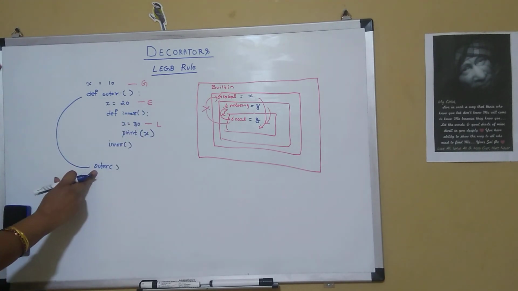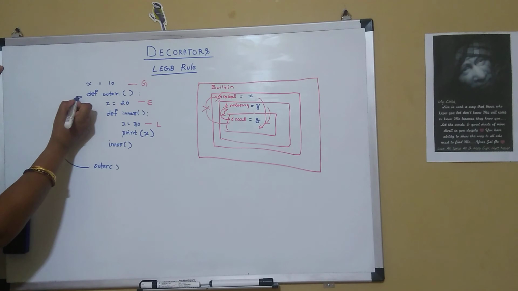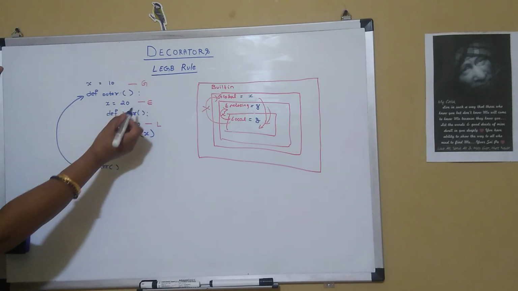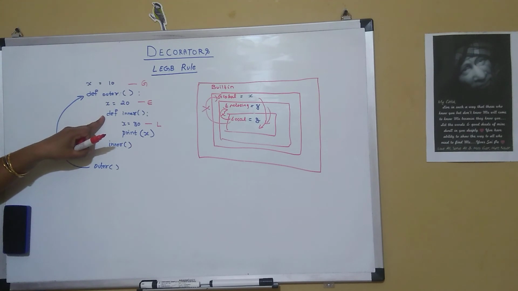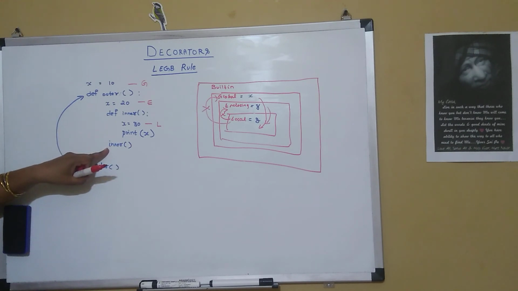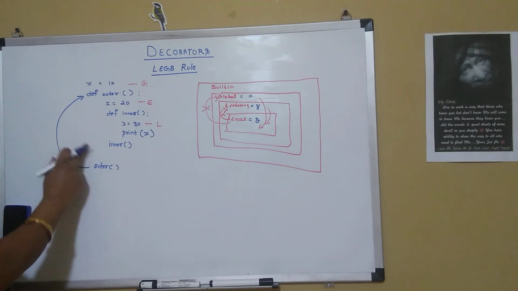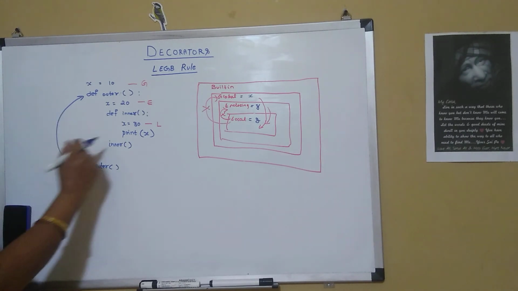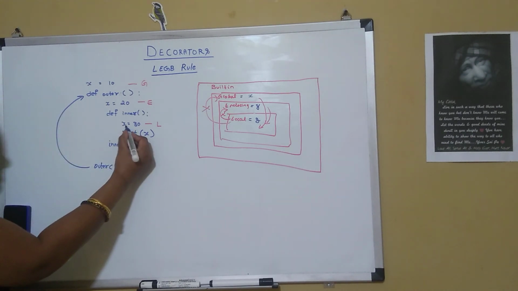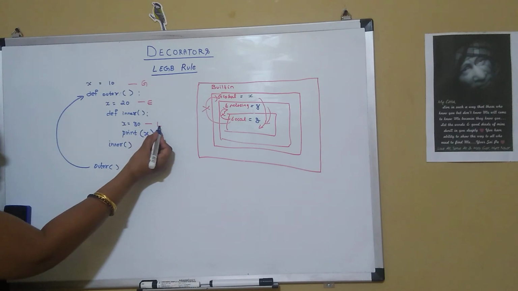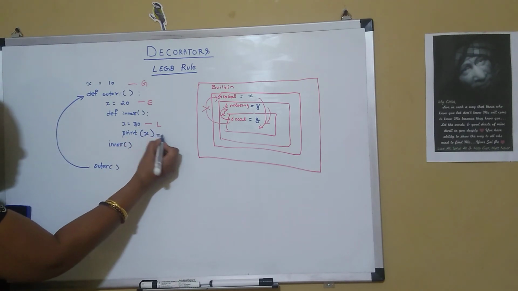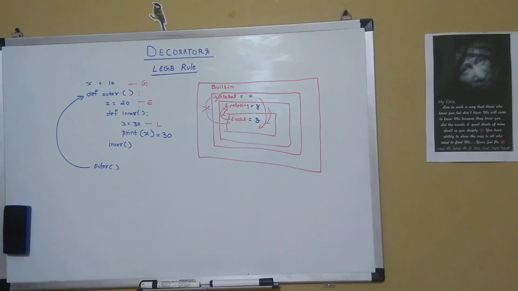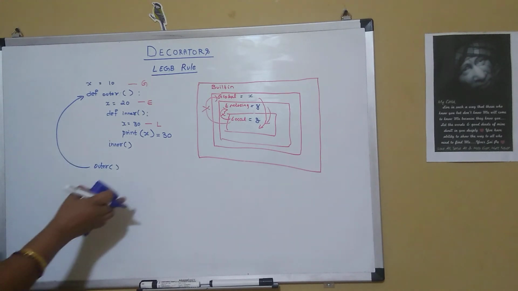So initially my outer function gets called, x equal to 20, and then this is the function definition, so it won't perform this. It will call the inner function. So the inner function gets called. Now it assigns x to 30, that is the local value. Now if I say print x, it will print the value equal to 30. So local value has got higher precedence.